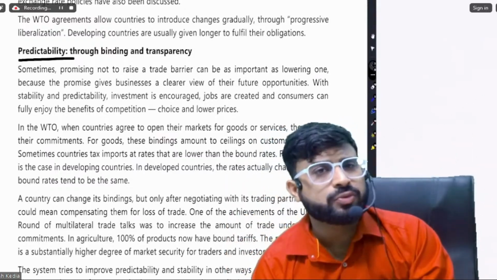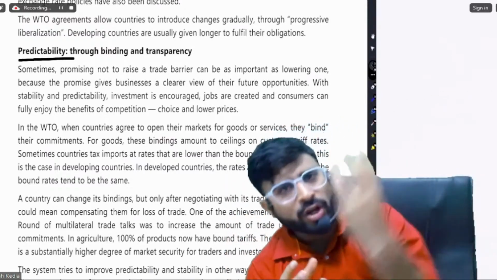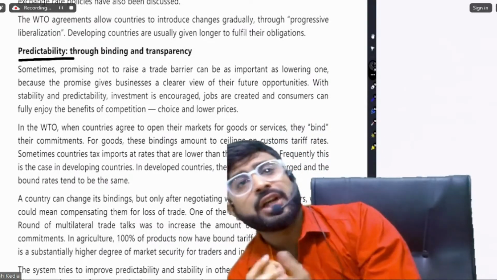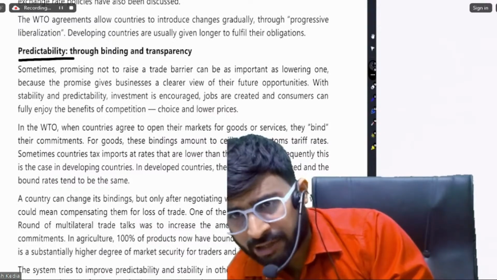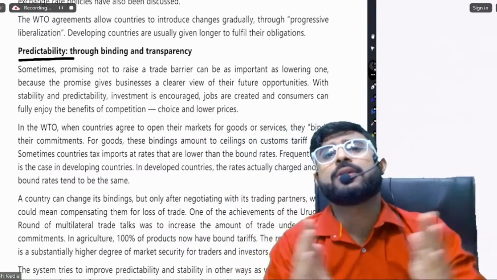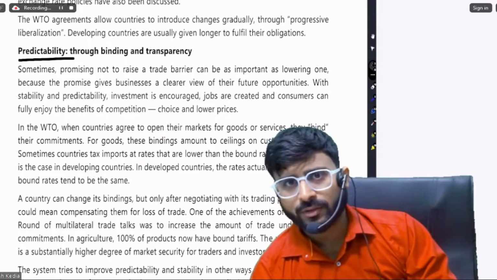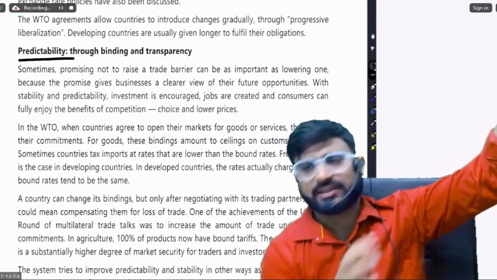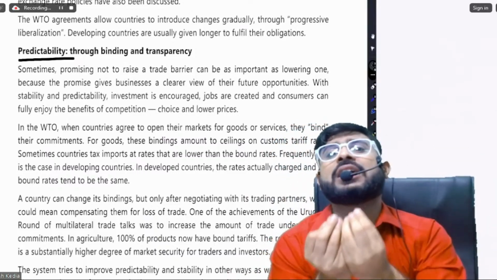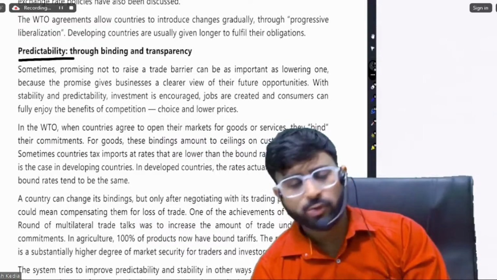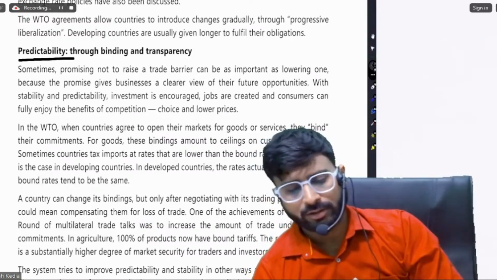For foreign companies to sell their products into India or to invest into India, there has to be certainty, that our money will be safe or our goods will be sold. Suddenly someday you are raising taxes, suddenly you are reducing taxes. That is a clear-cut case of economic instability. Nobody is going to come to your country then.